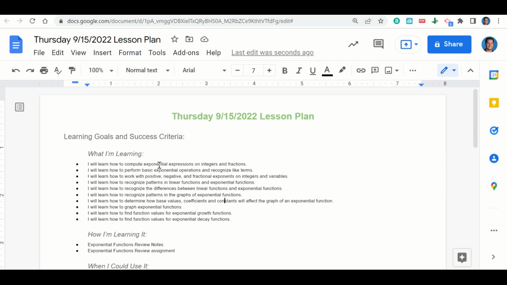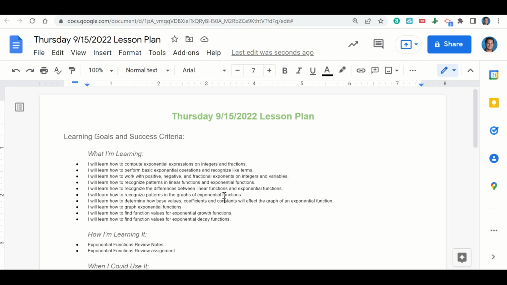We're learning how to compute exponential expressions on integers and fractions, how to perform basic exponential operations and recognize like terms, how to work with positive, negative, and fractional exponents on integers and variables, how to recognize patterns in linear functions and exponential functions, how to recognize the difference between linear functions and exponential functions,